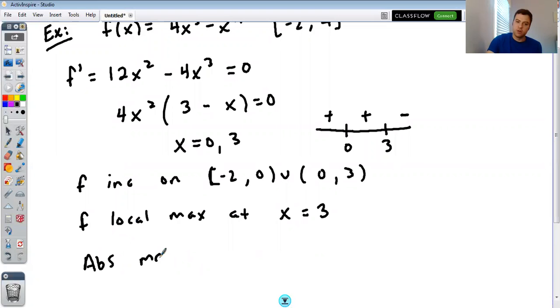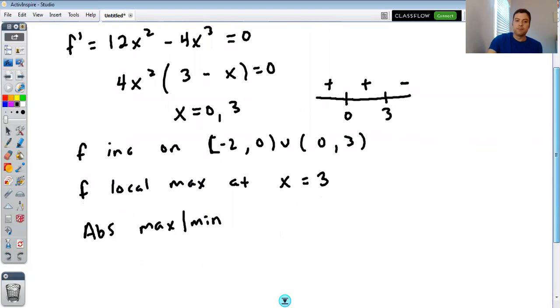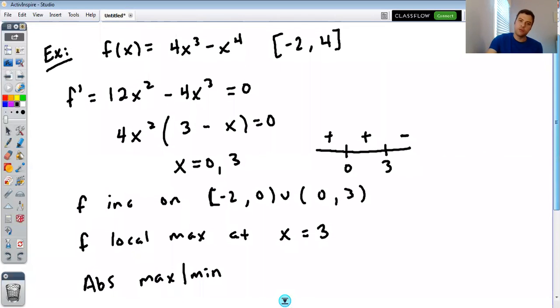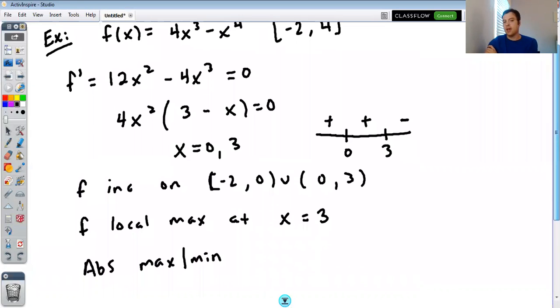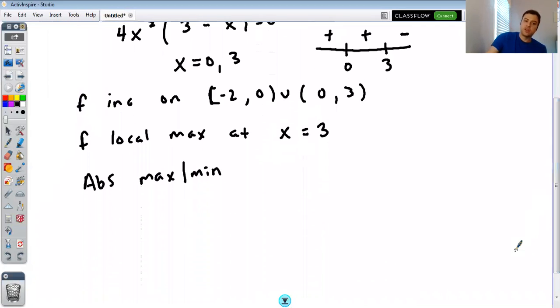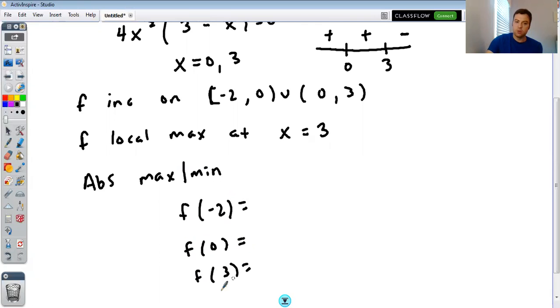Remember, absolute max and min are the absolute highest and lowest points on a graph, or over an interval. And the extreme value theorem tells me that every continuous function on a closed interval has to have an absolute max and an absolute min. And remember, the way that we do this is by running the candidate test. Candidates for absolute max and min are endpoints and critical points. So my endpoints are -2 and 4. And my critical points are 0 and 3. So these are the points that I will use